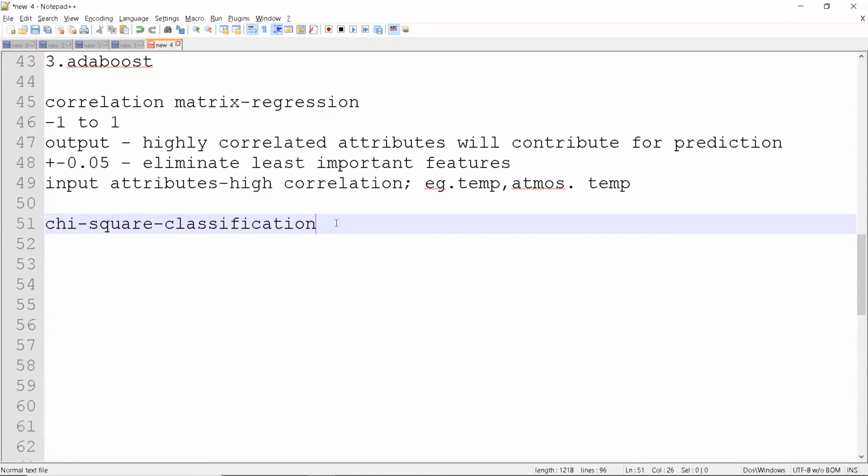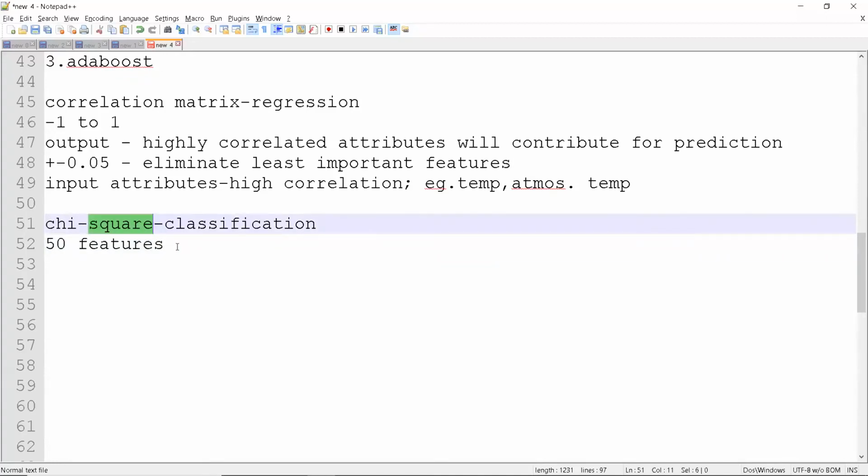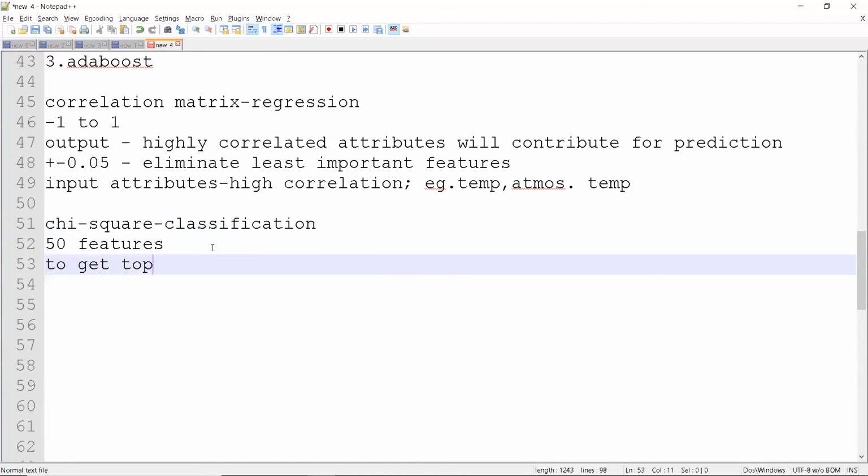From these scores, we can select the top 10 features out of those 50. So let's consider we have 50 features initially. We need to get the top 10 features. You can use this chi-square algorithm to get the top n features, and you can change the n according to your application or need.